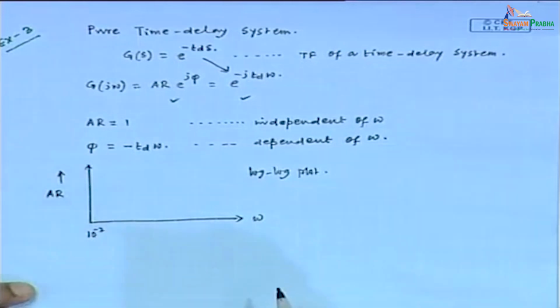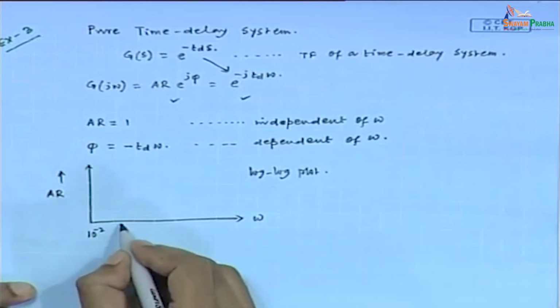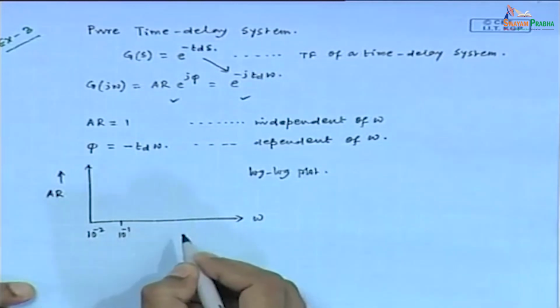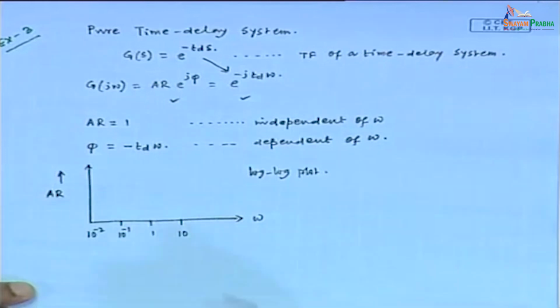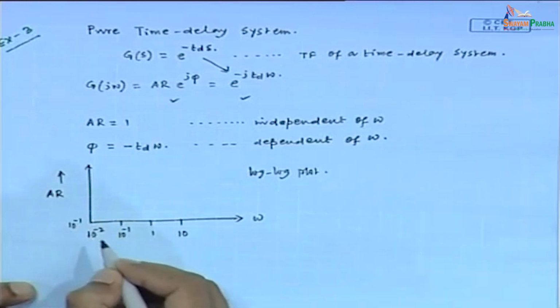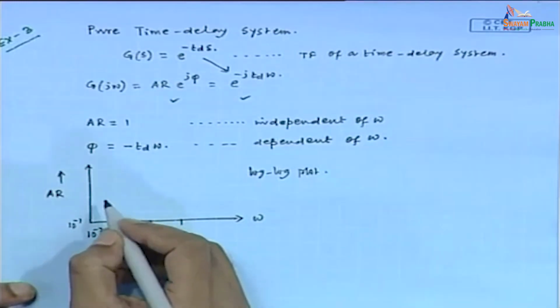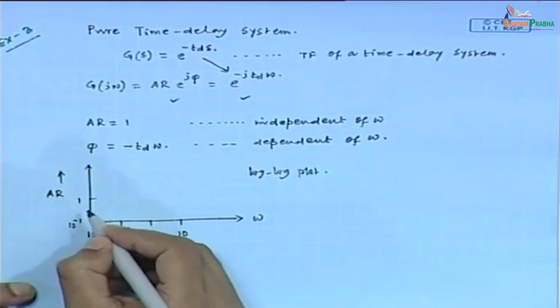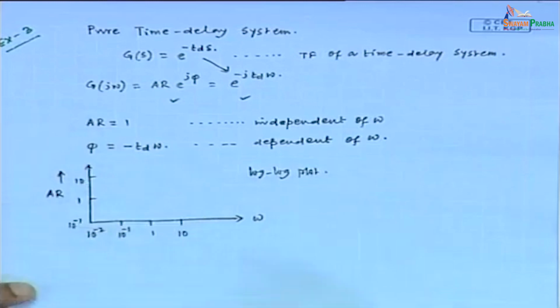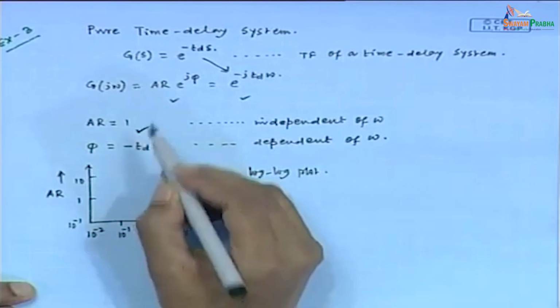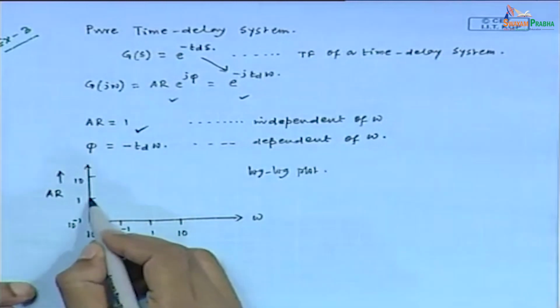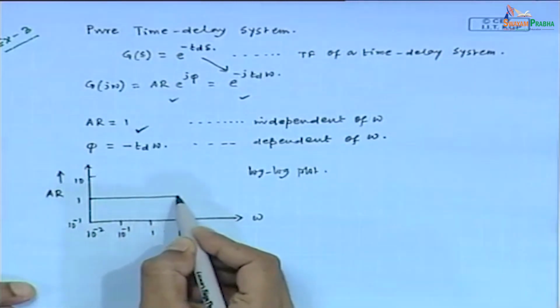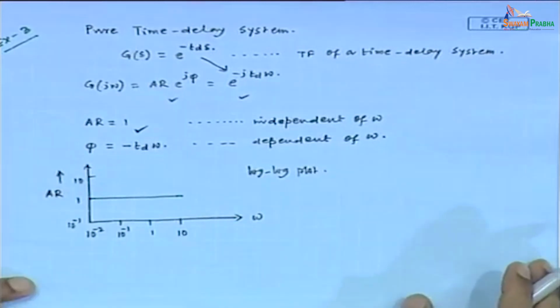So, the x axis starts from 10 to the power minus 2 to suppose 10, and this one starts from 10 to the power minus 1 to 10. Now, this is a horizontal line, amplitude ratio equals 1. So, we get this type of line in the first plot,